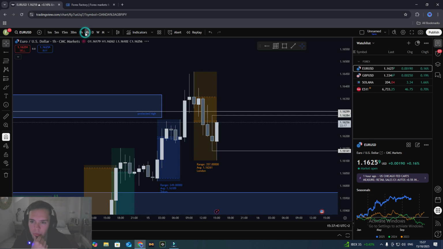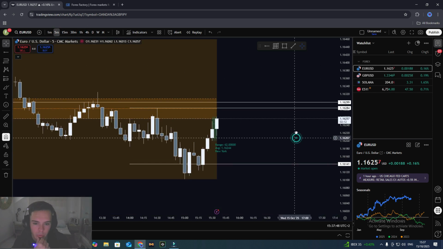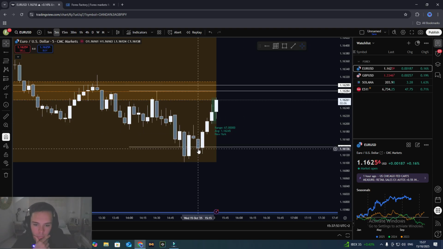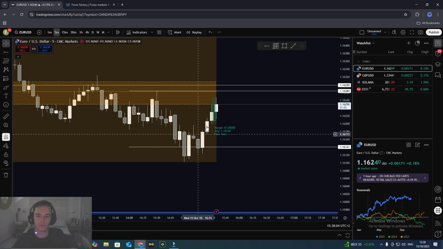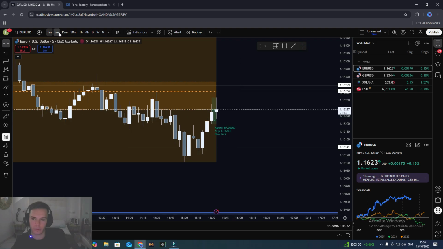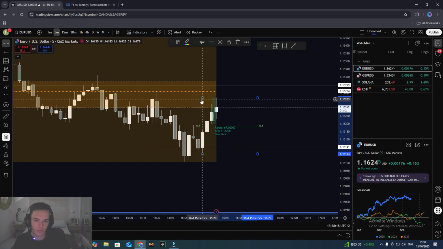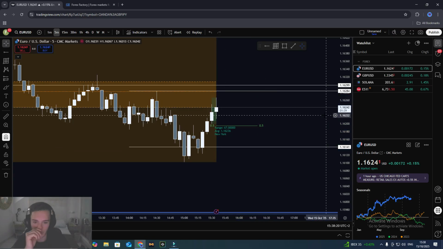2 till 3 candle, 4 hour. Low's been swept. Okay, so we can realistically wait for a retest here. That's a 3 o'clock candle. Just trying to see what we're looking for at the moment with this. These are all lows, so we've already swept this. Let's get an equilibrium in here. We've got a fair value gap to possibly retrace to.